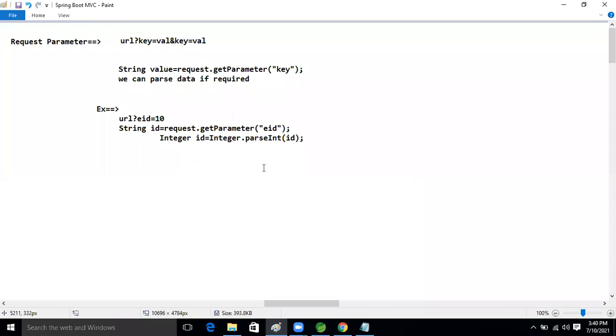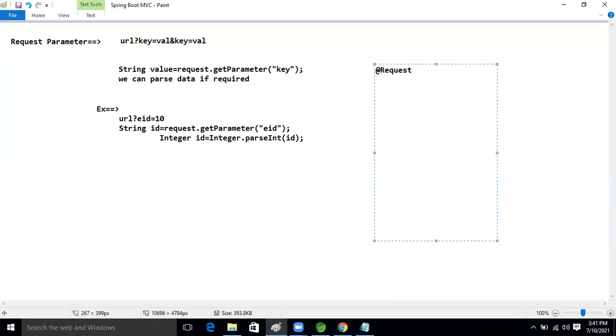Yes, sir. Good. So same, guys, in web MVC also, right? What we are doing now: if we want to read the request data, right, so for that, what annotation is there now? At the rate request